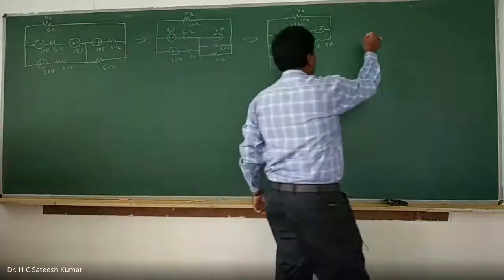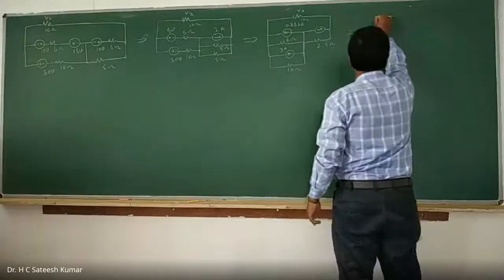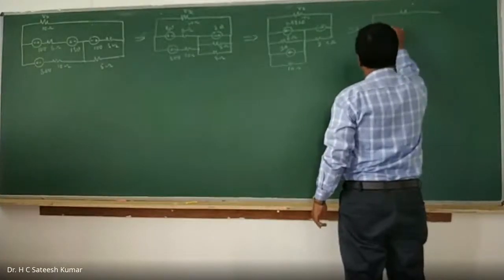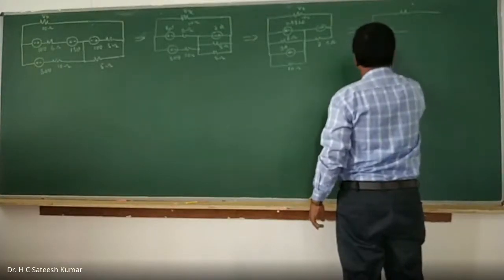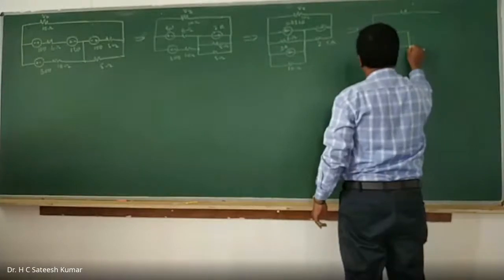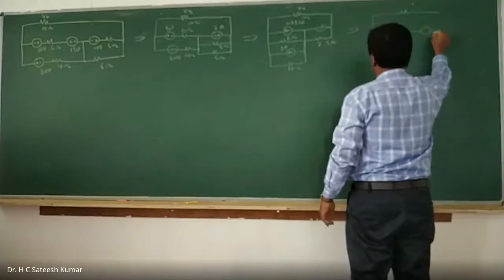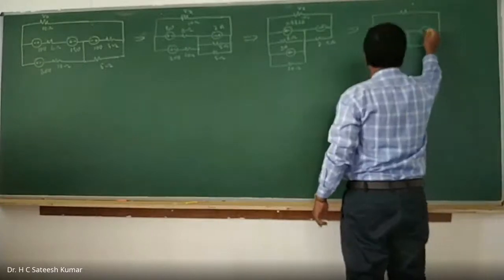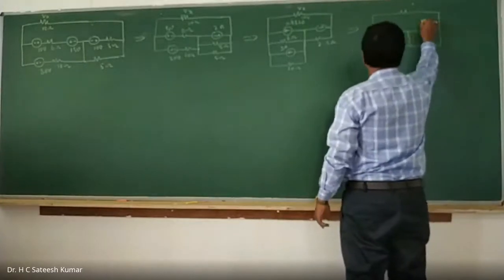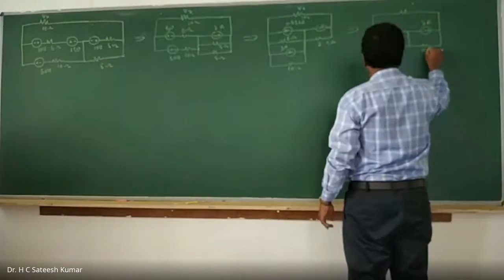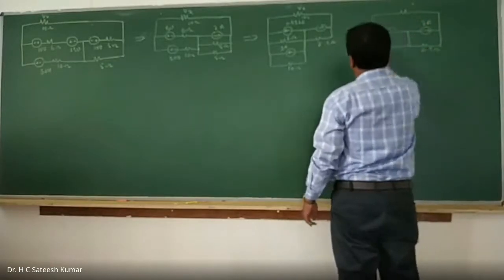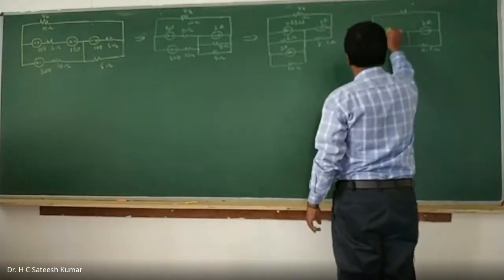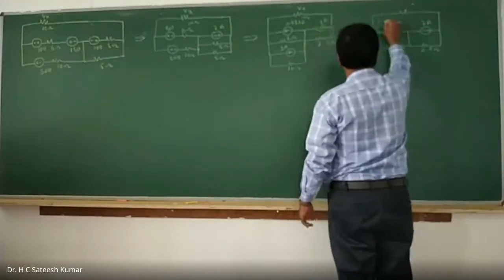So therefore we can write it as a current source, and this is 2 amps only, this is 2.5 ohms. This is 2 amps, okay, and the arrow mark on the left side only, 3 amps plus 0.83, 3.833